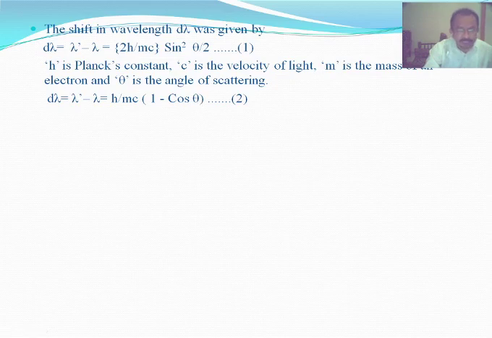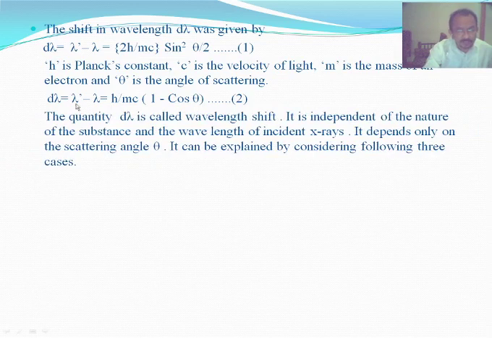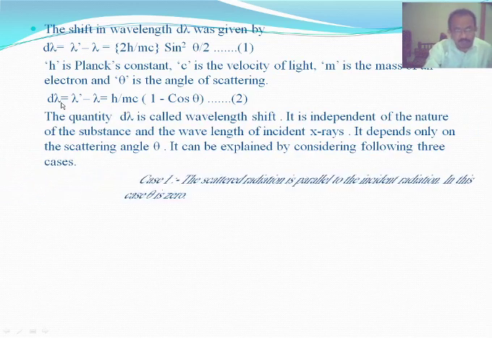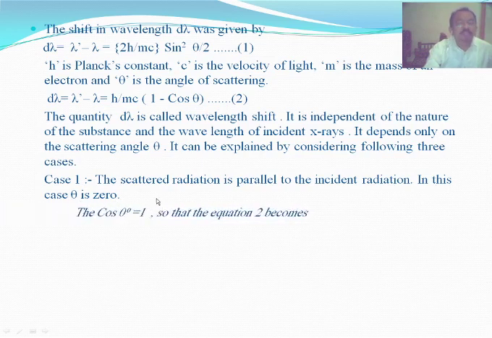Now let us see how that wavelength shift, or Compton shift, depends upon the scattering angle theta. Let us see the first case, in which the scattered radiation is parallel to the incident radiation. In this case, theta is 0, that is, the scattering angle is 0. When the scattering angle is 0, cos of 0 is 1, so that this equation 2 becomes